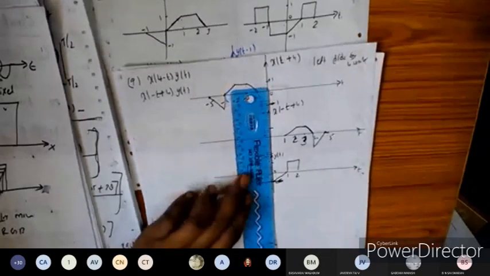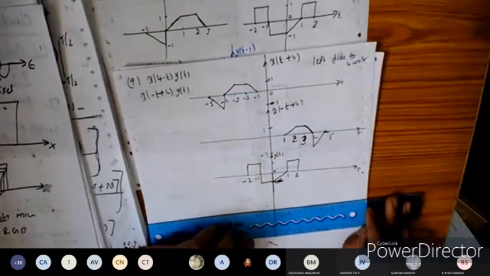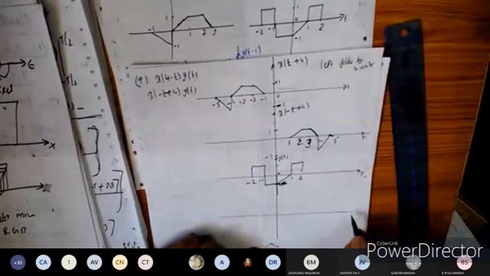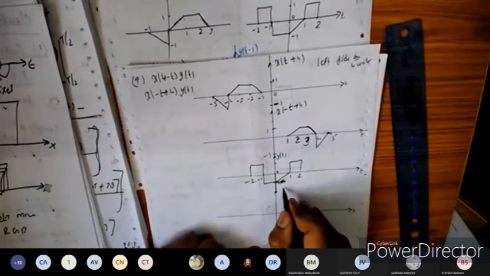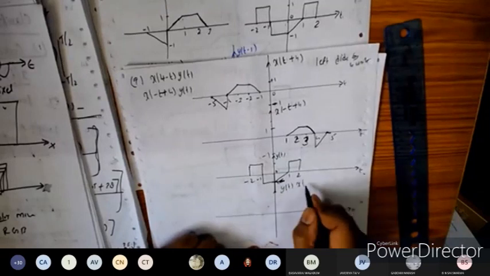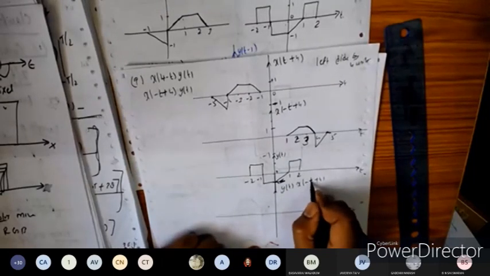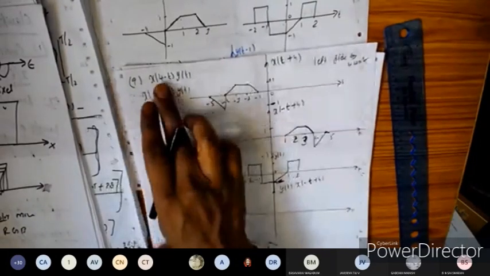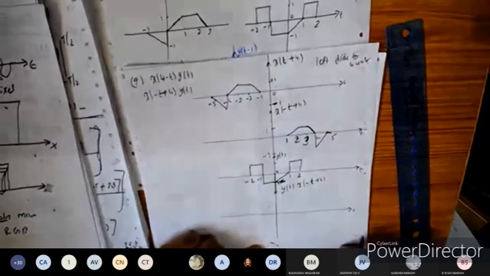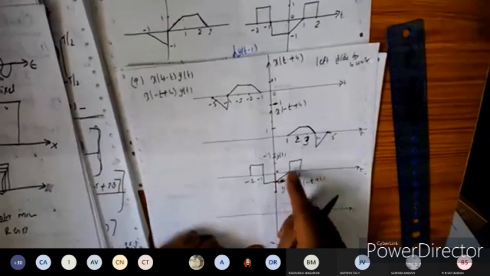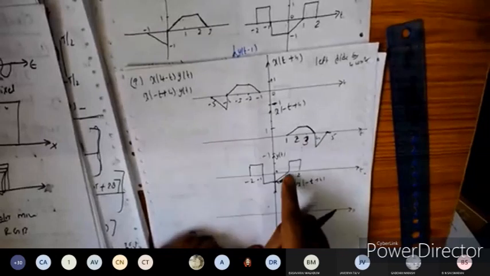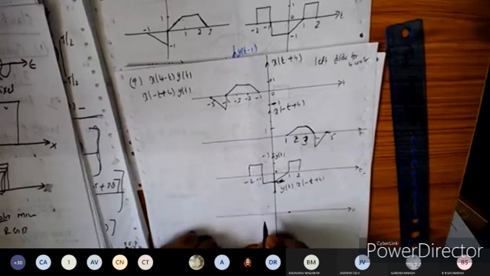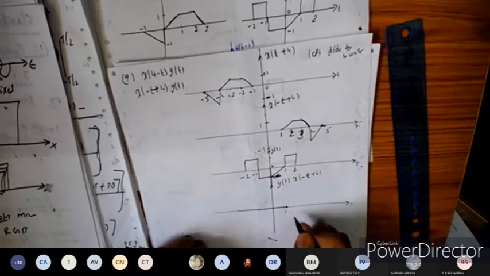Now we need to take the product of this y of t here. So getting it, right? If you have any doubts, you can ask me. So y of t into x of minus t plus 4. Whenever the waveform is given something like x of 4 minus t, don't get confused here. Just write accordingly: write the t first, then write the remaining quantity here. So y of t into x of minus t plus 4. Up to here the 0 is there. So for t less than 1, something multiplied with 0 will be 0 only. So this is 0 up to the plus 1.